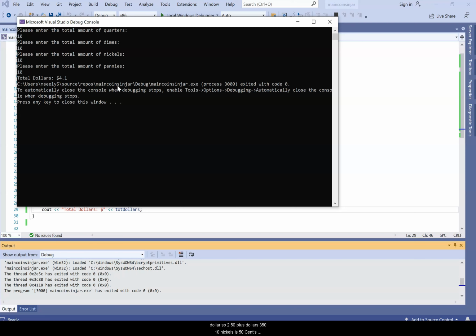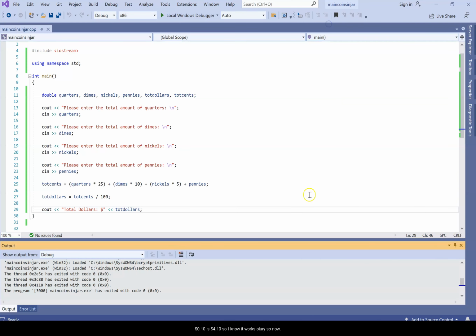10 nickels is 50 cents, so that gives me $4. And then 10 pennies is 10 cents. So $4 plus 10 cents is $4.10. So I know it works, okay? So now,